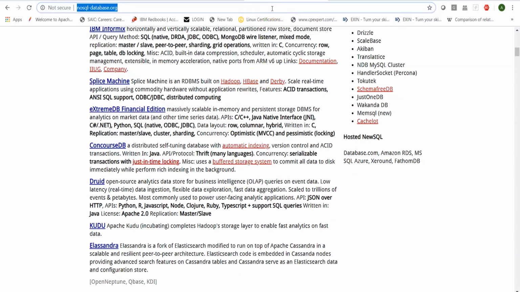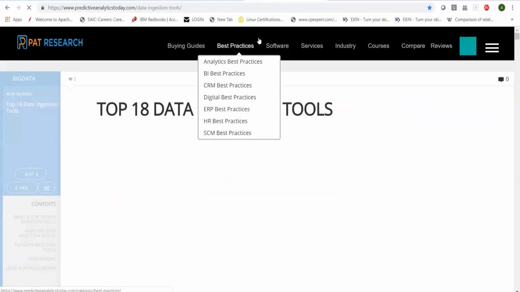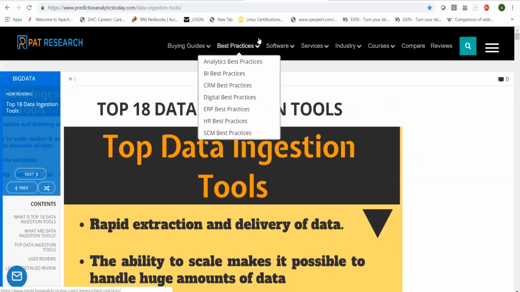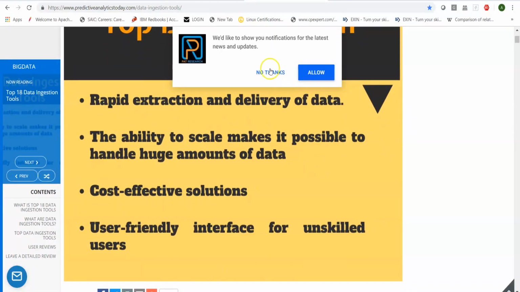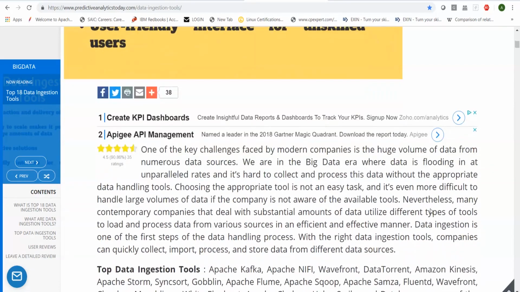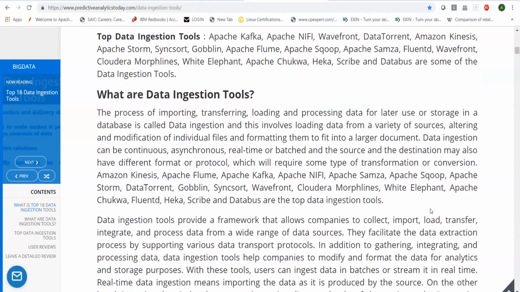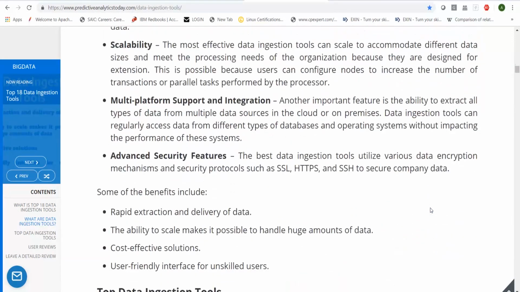Now, when you talk about data ingestion, this is one good link which I would suggest you have a look at, which lists around 18 different ingestion tools. When you talk about different data ingestion tools, some are for structured data, some are for streaming data, some are for data governance, some are for data ingestion and transformation, and so on.